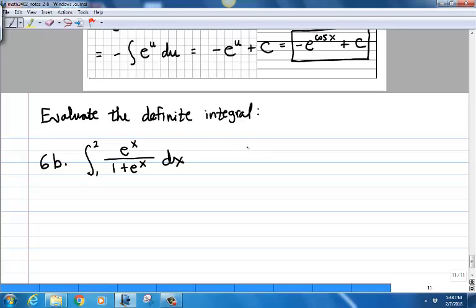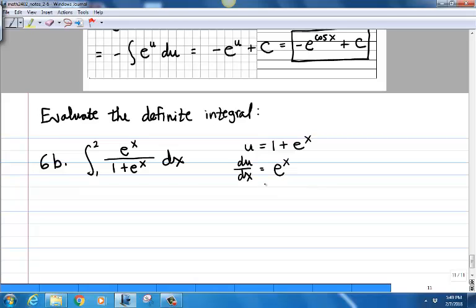And in this case, I'm going to let my substitution variable u be equal to 1 plus e to the x. In other words, the denominator of this fraction, because I'm hoping that maybe a natural log will be involved in this antiderivative. All right, let's see what du dx is now. The derivative of 1 plus e to the x is very straightforward. The derivative of 1 is 0, and the derivative of e to the x is just itself,